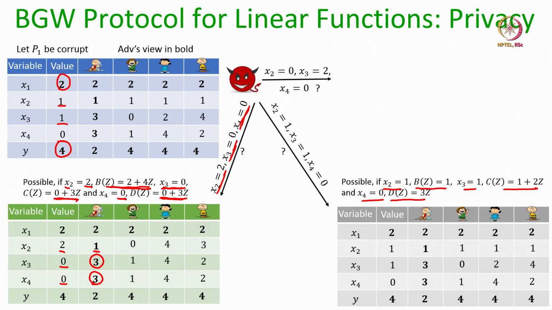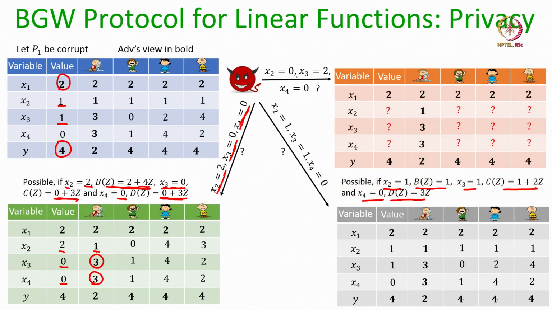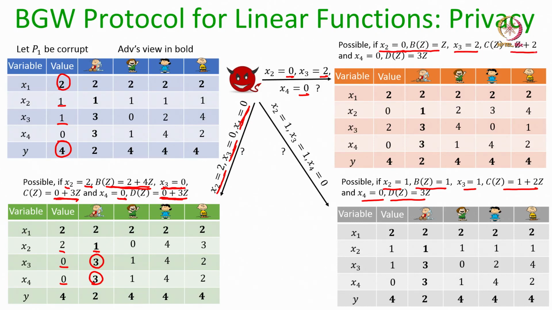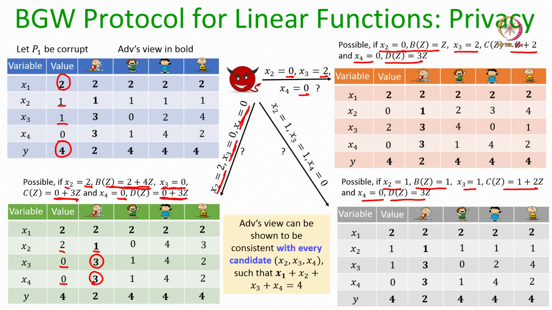Okay. That means adversary again cannot rule out this possibility, and in the same way adversary cannot rule out the possibility of x2 being 0, x3 being 2 and x4 being 0, because indeed it could be the case that P2 has participated in the BGW protocol with its input being 0 and sharing polynomial being z, P3 has participated with input being 2 and sharing polynomial being z plus 2, and P4 has participated with input 0 and sharing polynomial being 3z. Of course, due to lack of space in this slide, I cannot show you the other possibilities,